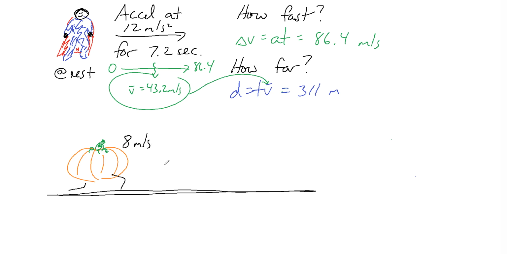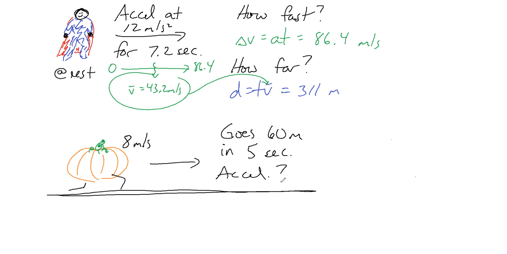Okay, so our pumpkin's going 8 meters per second running along. All right, and let's say our pumpkin travels 60 meters in, let's say, 5 seconds. All right, so our pumpkin went 60 meters in 5 seconds. Starts at 8 meters per second. What is the